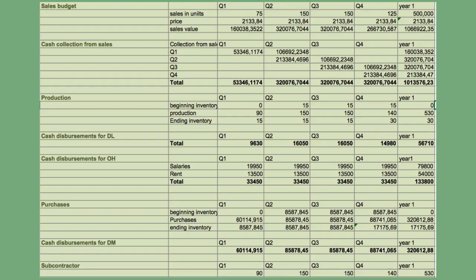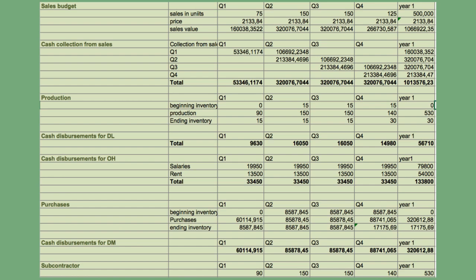In year 1, the sales are estimated to 500 units, the price to 2,133 and the sales value to 1,066,922. The cash collection from sales in Q1, 2, 3 and 4 has been estimated to 1,013,576. The cash disbursements for direct labor are estimated to